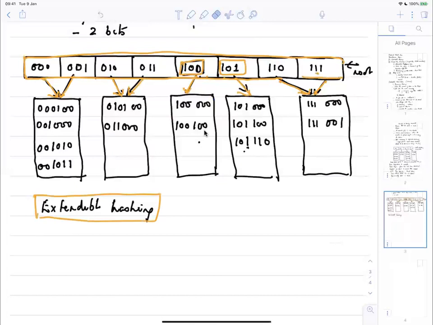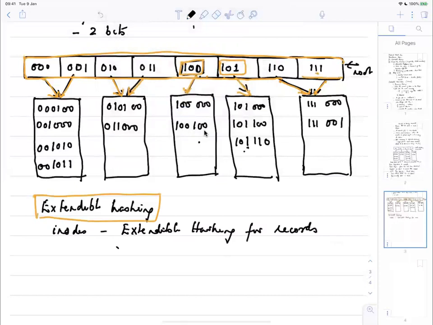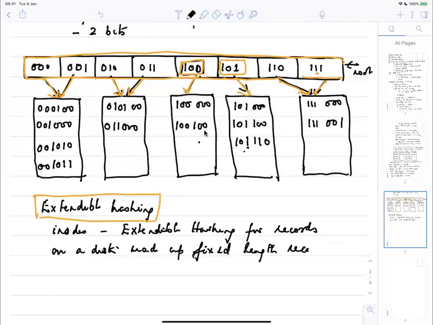And it's primarily used, you learn when you learn operating systems about what are called inodes. And these essentially use extendable hashing for storing records on a disk, which is made up of fixed length blocks. So the disk is made up of blocks, and each block can hold a fixed number of records. And when it overflows, you split that block and store the new information. This is what is done in Unix. We'll learn about it more in your